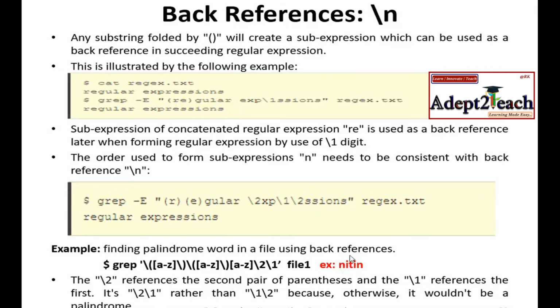N should come as the last N. The first sub-expression should come as the last sub-expression. In between, the second sub-expression should be my second last sub-expression. In between, the center expression remains as it is. So this is how we are going to match for a palindrome.